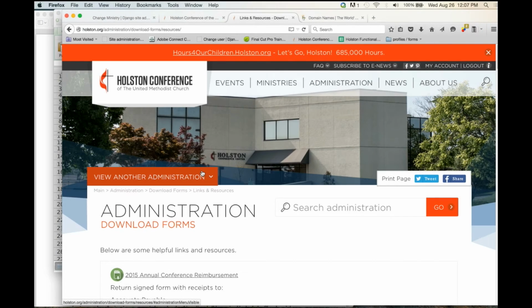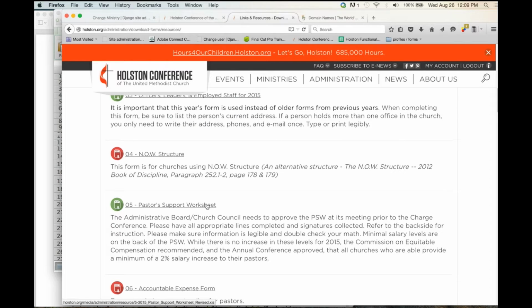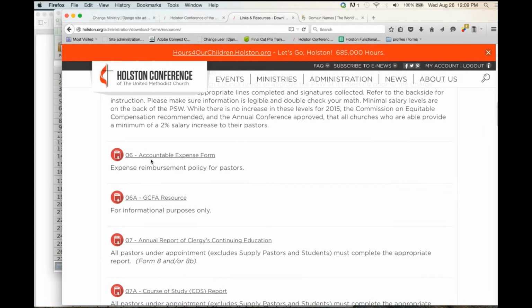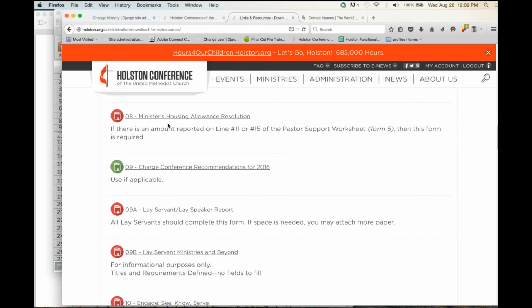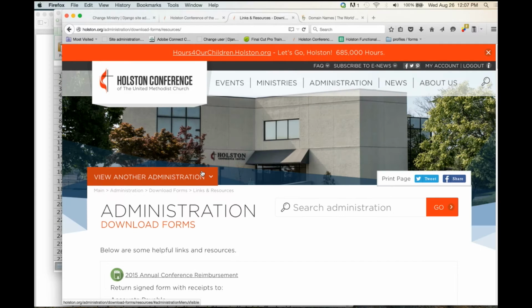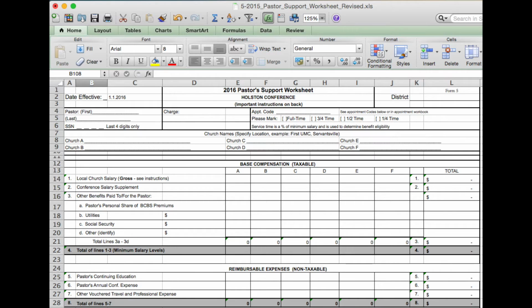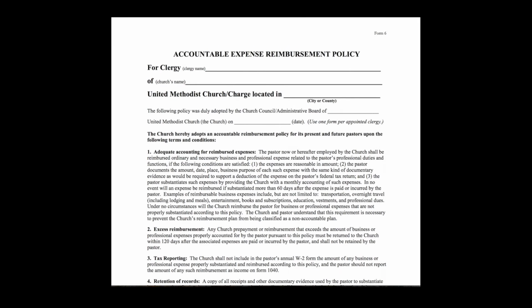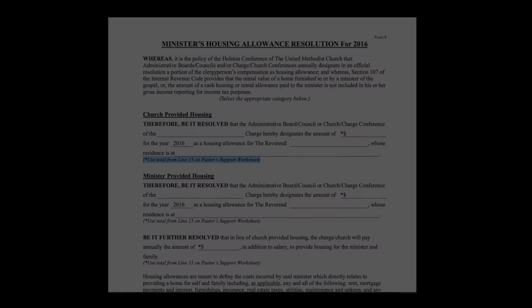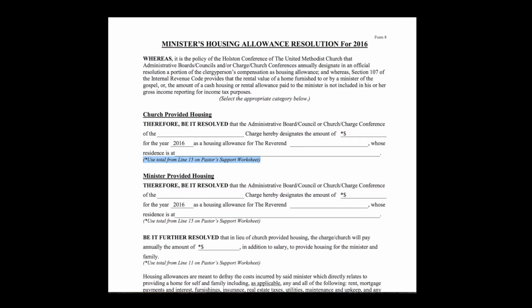Today we're going to be discussing some of the forms that are included in your charge conference package that will be approved at charge conference for each individual church. The forms we're going to be talking about are, number one, and most importantly, the pastor support worksheet and related forms for accountable reimbursed expenses for the pastors and their housing allowance resolution form, which tie into the pastor support